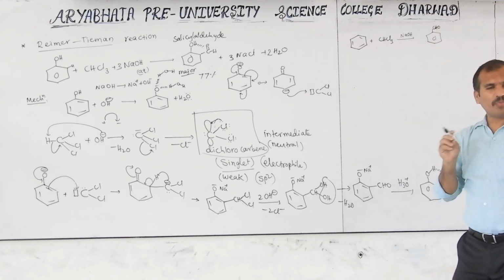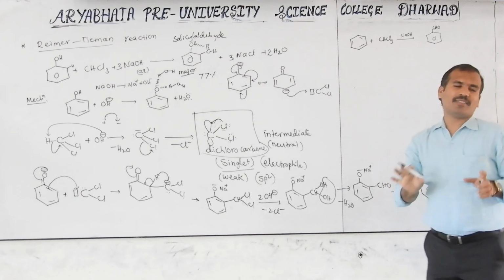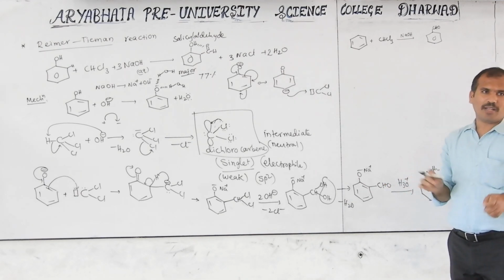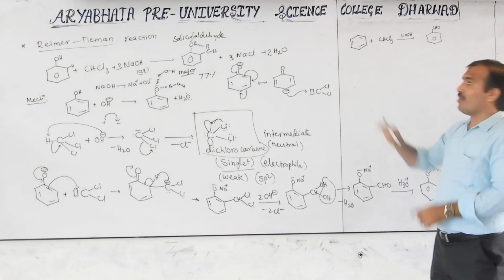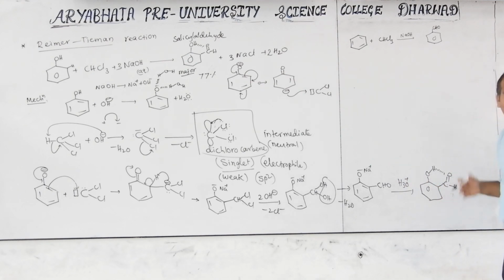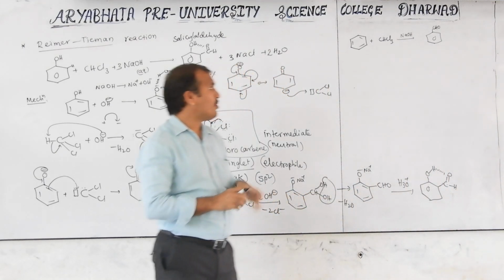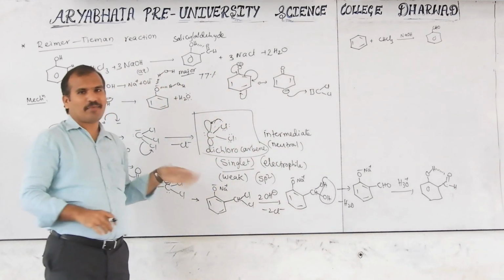There is a question. It is possible or not, you have to decide. I am not telling here whether this is possible or not possible. I am giving the question for you because here OH is there, that's why OH came here in the last one. Here OH is not there, only aldehyde is there. So whether this reaction is possible or not, you have to decide. This part is completed.